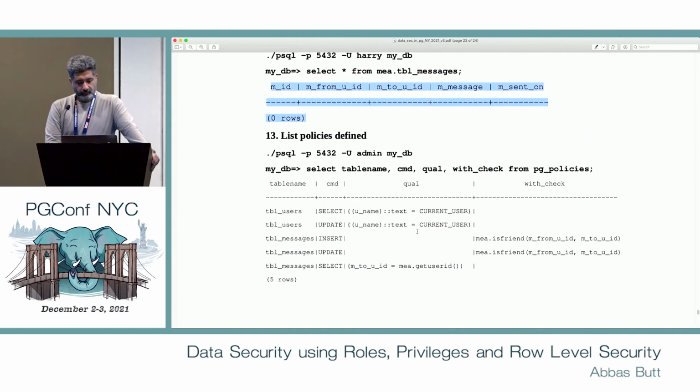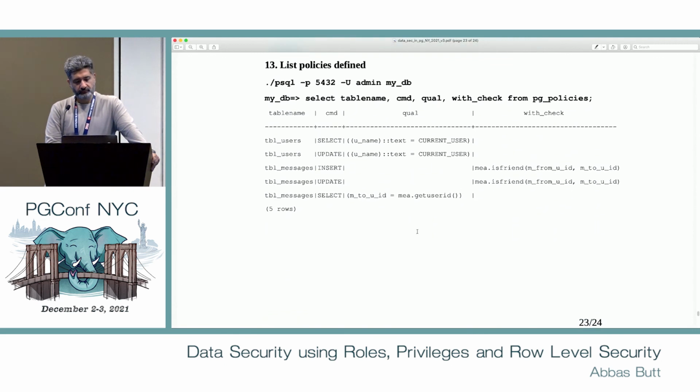Now, this is an important way of looking at which policies are currently defined. And remember, I told you the using policies are displayed using qual, and with check policies are different, so you get the policies in different columns. If you fire this query, select table name, command, qual, with check from pg_policies, pg_policies is the catalog table that stores all the row level security policies that we have created.